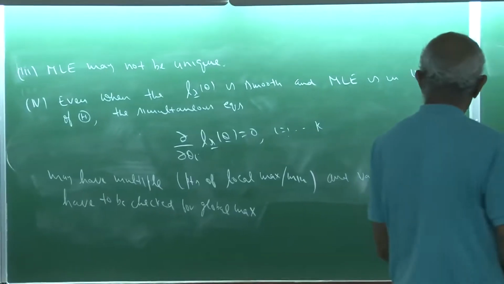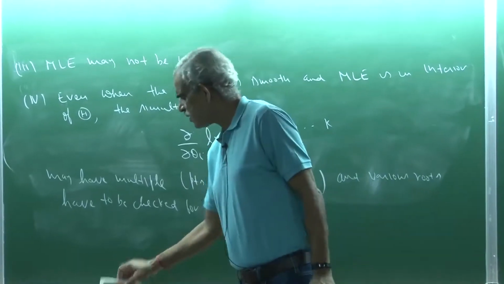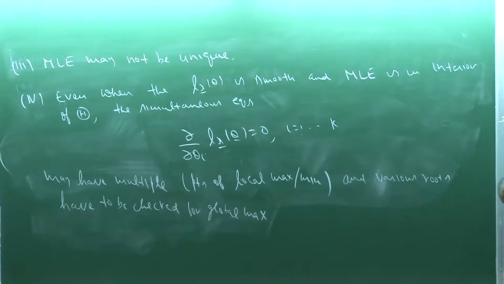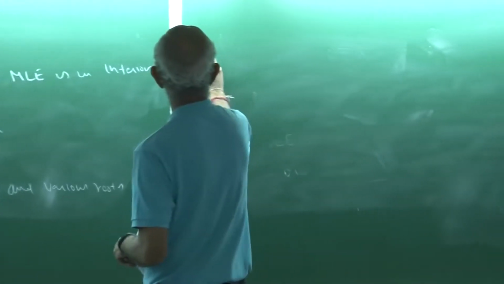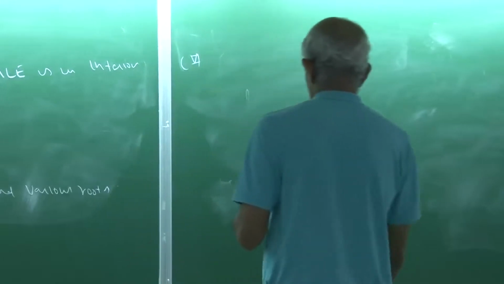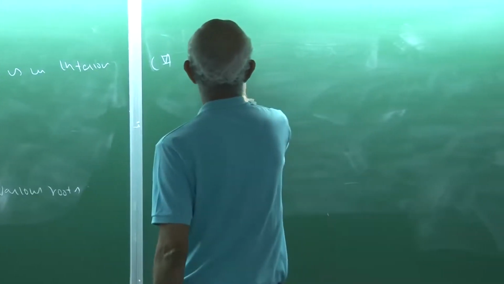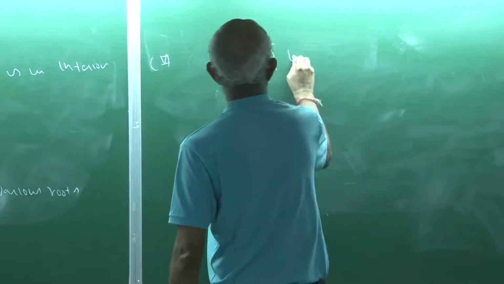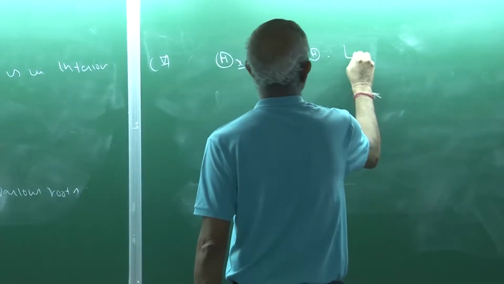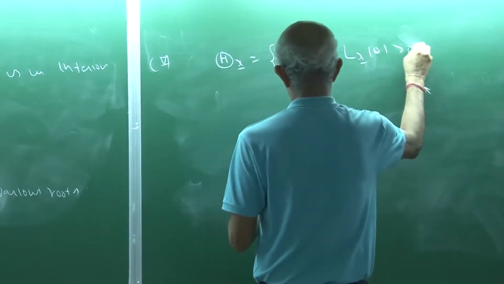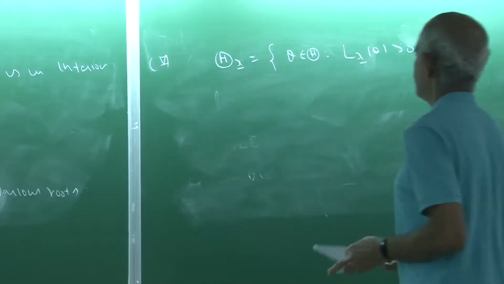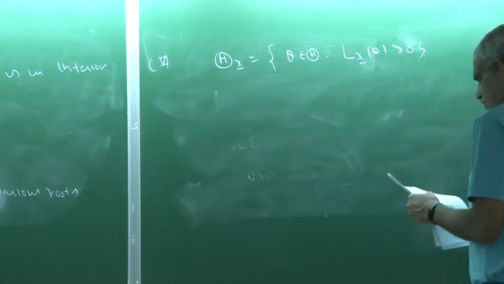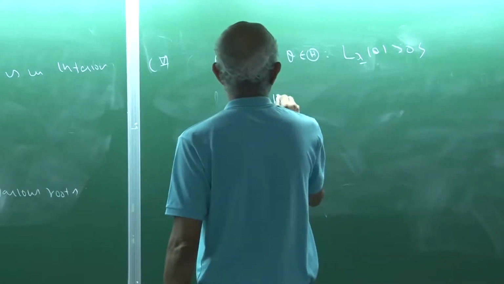Now let me write down the check which you use in your standard calculus course for maxima or minima. So this would be fifth. Let us look at Theta_x, the collection of all those theta belonging to Theta such that Lx(theta) is positive, because I'm talking about log likelihood, so I need the likelihood to be greater than 0. I try to look at the Hessian matrix Hx(theta)